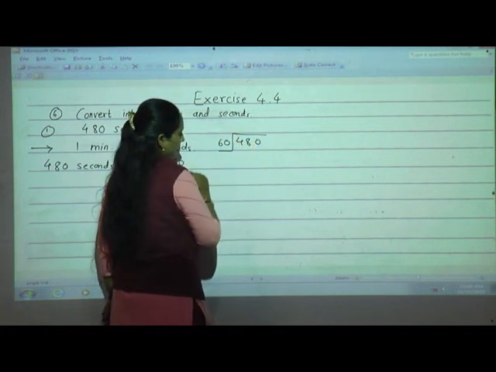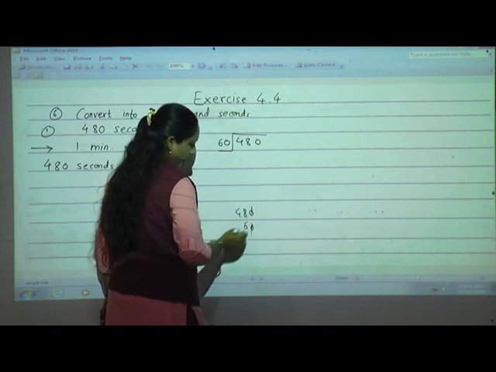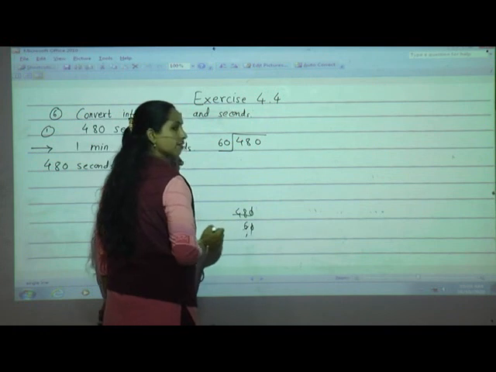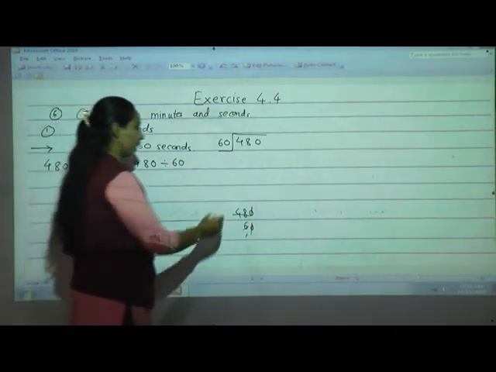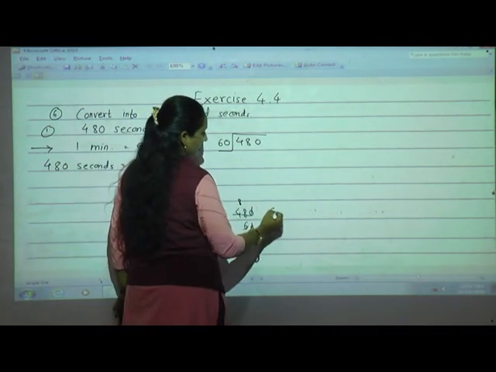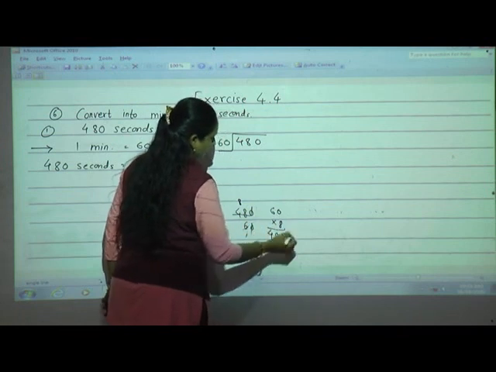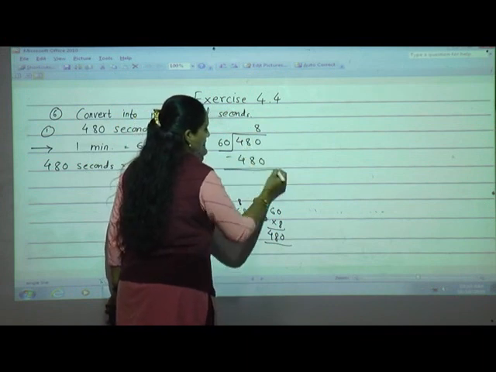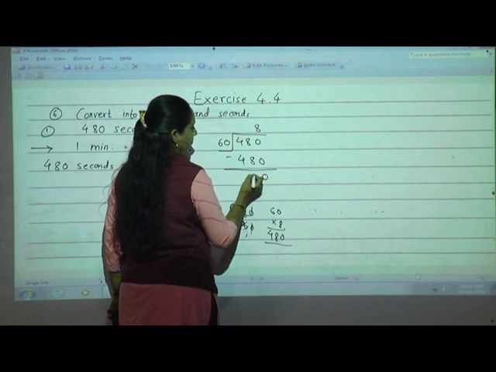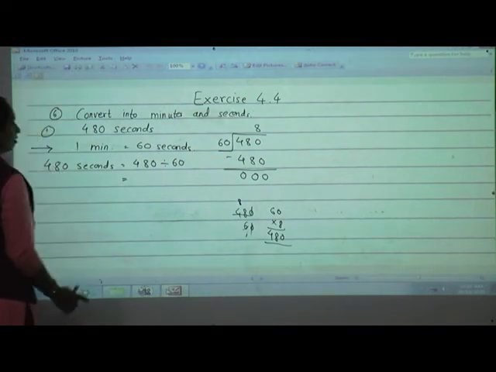480 divided by 60. We will find out the estimate quotient, students. 0, 0 cut, 6 ones are 6. Yes, in the 6 table 48 is there. Come on, tell me. Yes, 6 8s are 48, isn't it? So we will try with the same. 60 multiplied by 8. 8 zeros is 0, 8 6s are 48. See, exactly the number we got. So 60 8s are 480. Do the subtraction. 8 minus 8, 0, 4 minus 4, 0. So what is the answer here?